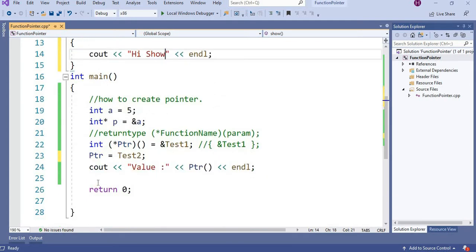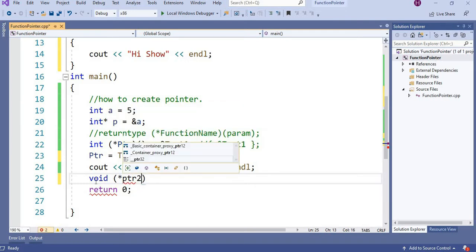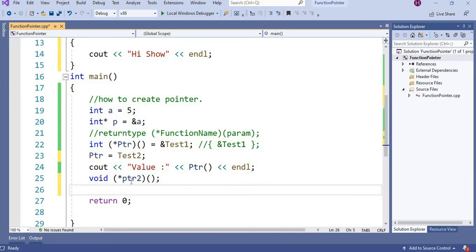If you want to create a function pointer for it, its return type is void, so we add void, ptr2, and ptr2 will point to show.